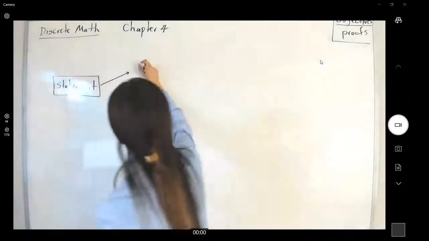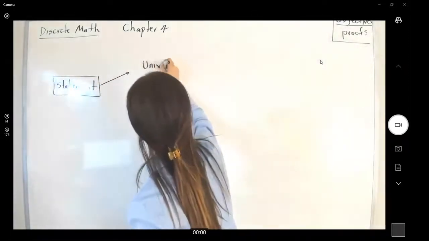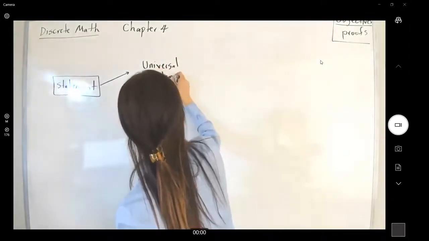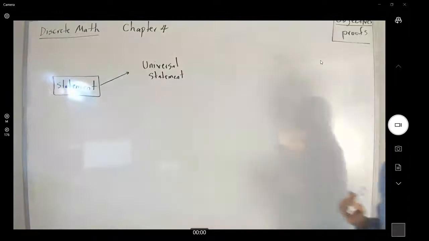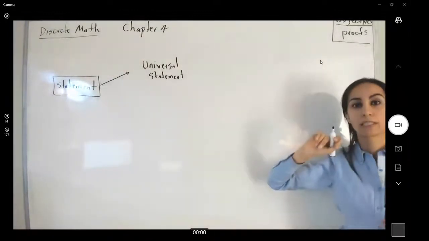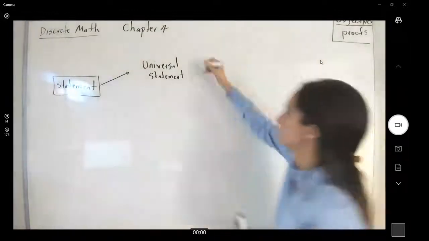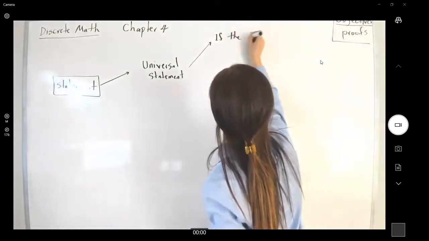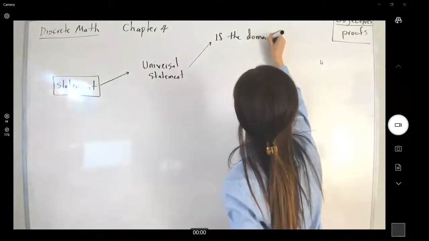If you have a universal statement, to prove a universal statement, we take a look at the domain. So in the first case, if the domain is finite,